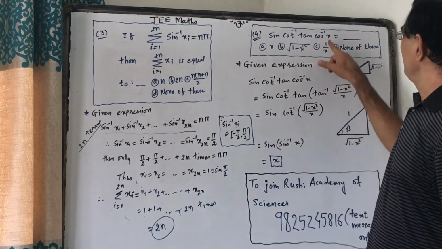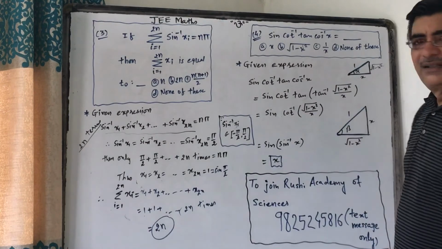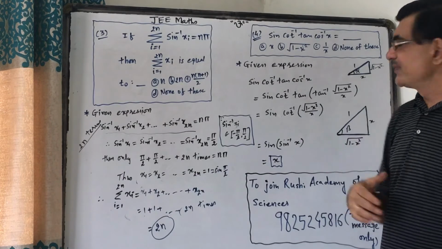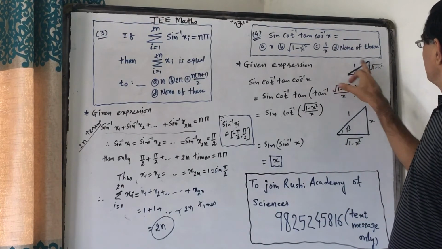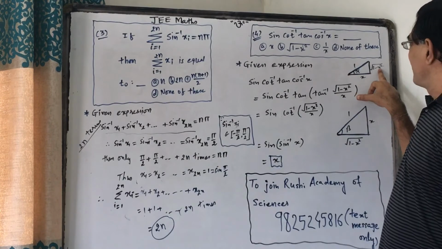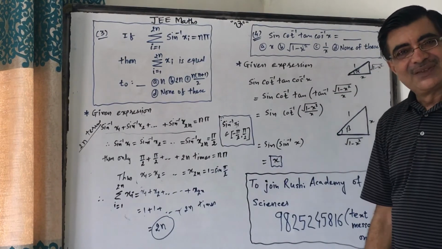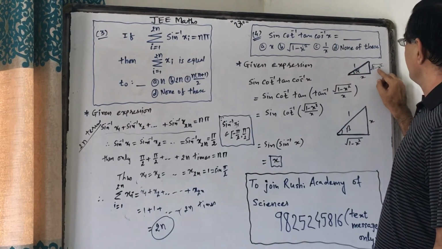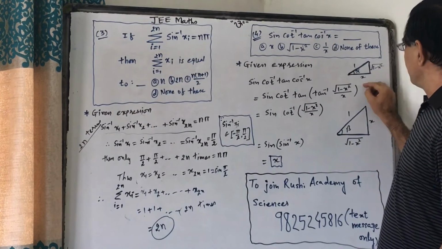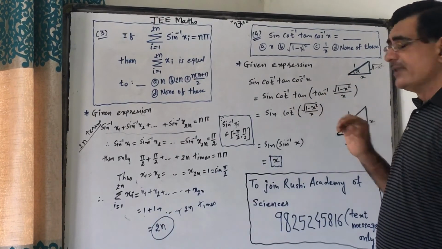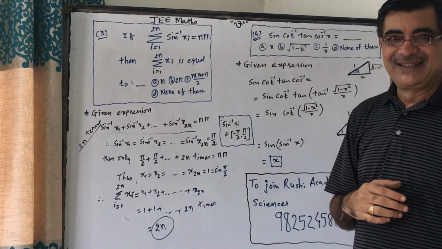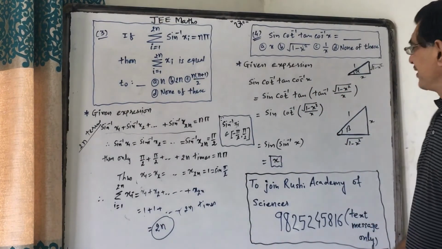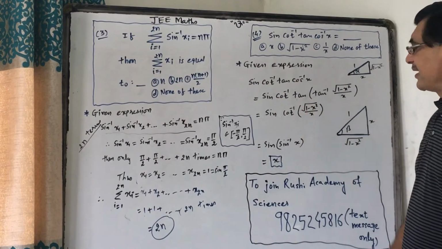So for this, see, first of all prepare a right angle triangle. Cos inverse means adjacent side upon hypotenuse. So we can write this is x upon 1. So this will be, according to Pythagoras, square root of 1 minus x square. So from this we can get cos inverse x equals tan inverse of square root of 1 minus x square upon x. Now tan and tan inverse will give us the identity function. So this will become only square root of 1 minus x square upon x. That is cot inverse of square root of 1 minus x square upon x.